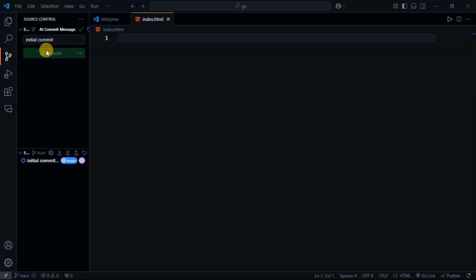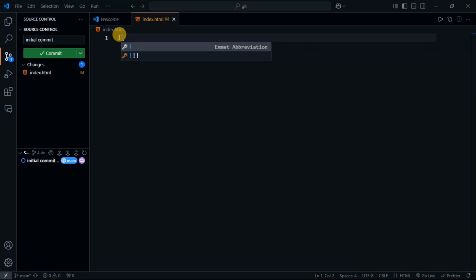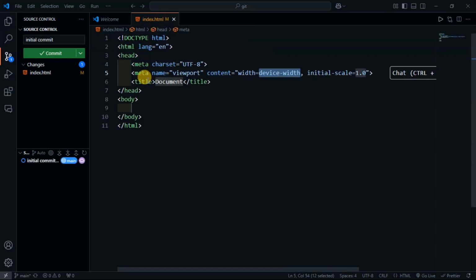So the next step now, as you can see, we've done this, but we don't have a file written on it. So let me just create a basic HTML boilerplate. If I click enter, you can also notice that it changes to yellow and says M. This M means modify. So if I click enter, and I say okay, and let me say compare. If I say open file,